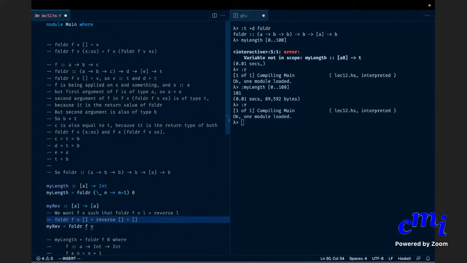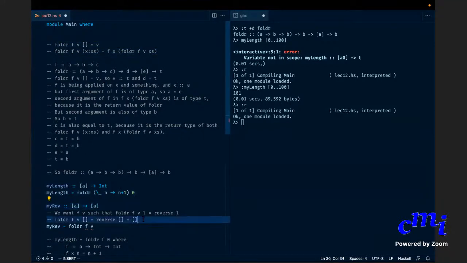List a. Huh? No. List a is a type. I want a value here. Now, what is v? No, I'm not asking about the type of v. I'm asking what is v. Empty list, exactly, because look at the definition here. I know that foldr f v empty list should be equal to v, and I want that to be empty list. So let me write.